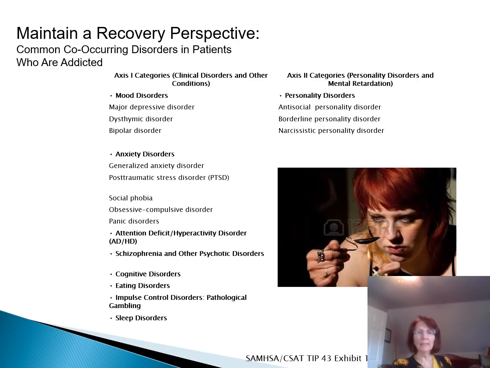So how do we maintain a recovery perspective? What are the common co-occurring disorders in patients who are addicted? We see major depressive disorders, dysthymic disorders, bipolar disorders, generalized anxiety disorders, post-traumatic stress disorders, social phobias, obsessive and compulsive behavior disorders, panic disorders, ADD and ADHD, schizophrenia and other psychiatric disorders, cognitive disorders, eating disorders, impulse control disorders,